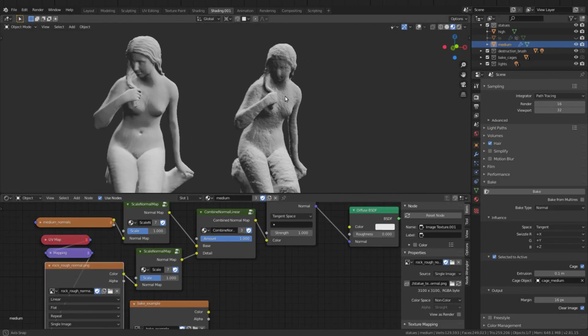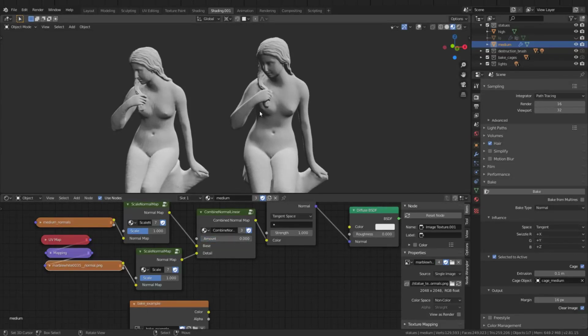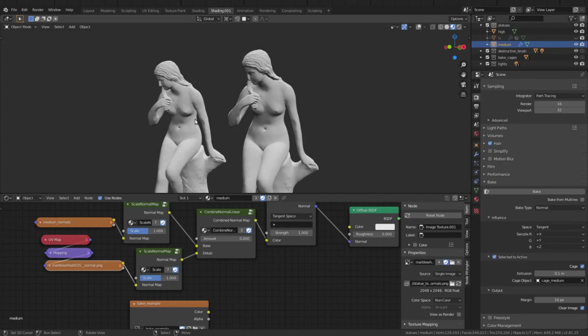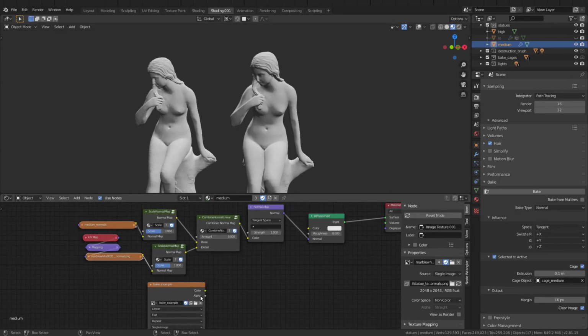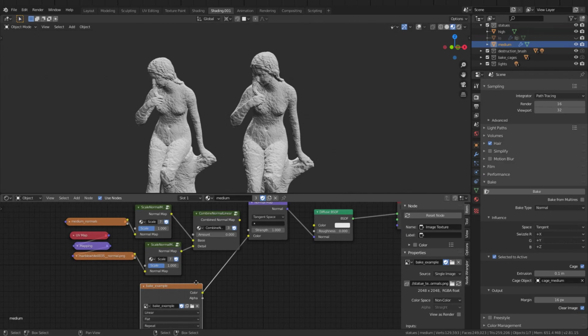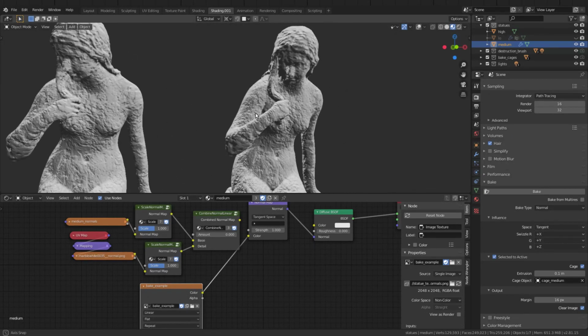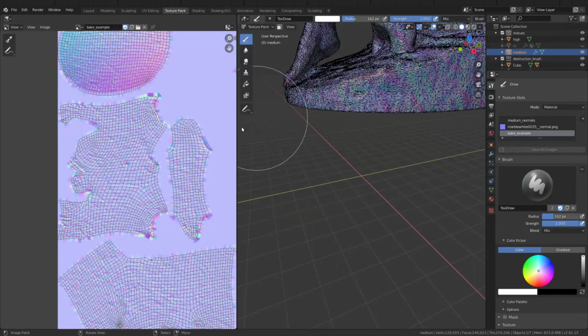Can't even see the high poly details when you're using this one, which might be what you want and it might not be. But in this case, I want to have those crisp details and the normals from the seamless textures. So you might ask, why not just bake the normals from the high poly object with the normal map applied. And you can see that looks great. We have all the detail from the high poly normal map and from the seamless normal map. But as you can see here,